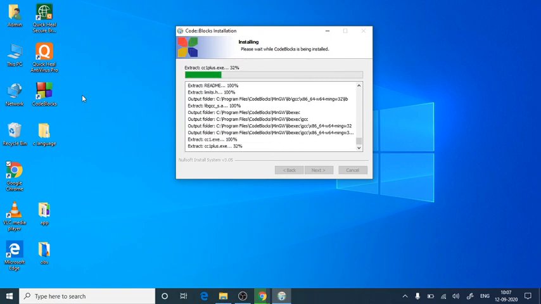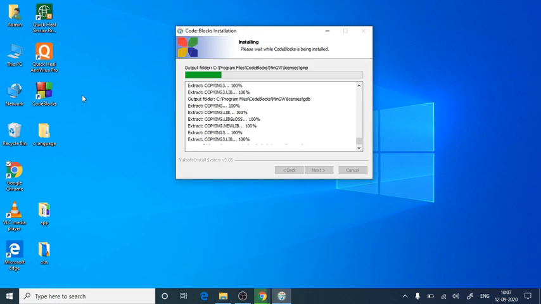CodeBlocks is one of the popular ones where we can easily run C and C++ programs. In this video we'll understand installation of CodeBlocks, also making a first project in it and running a default program. So we can make a number of programs in the next videos.